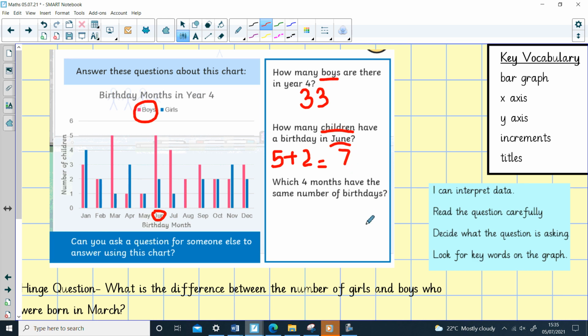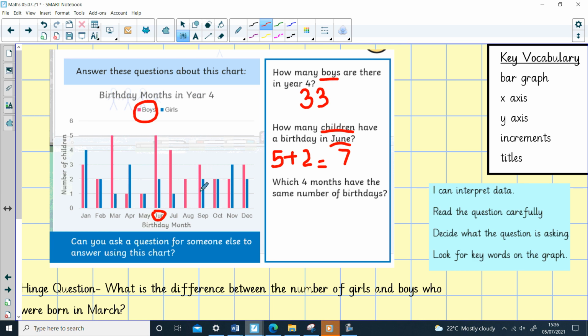Which 4 months have the same number of birthdays? That's a really tricky question. So it's the total number of birthdays. So again, we're combining our boys and our girls. Okay, so let's have a look. Now I can see that